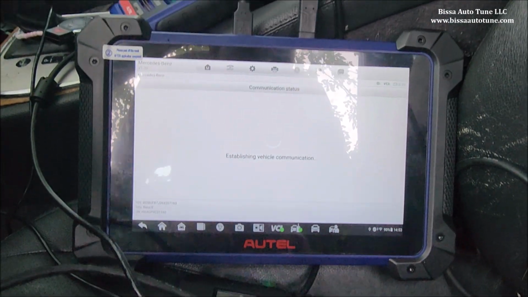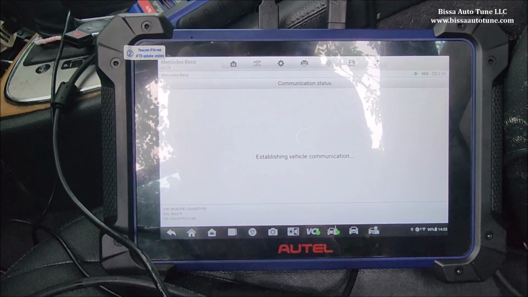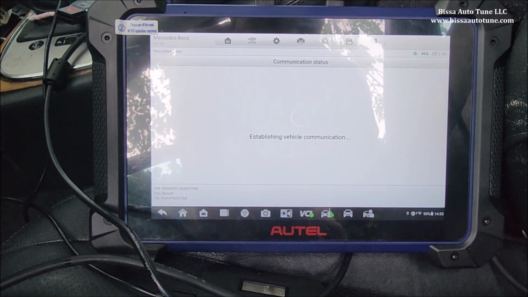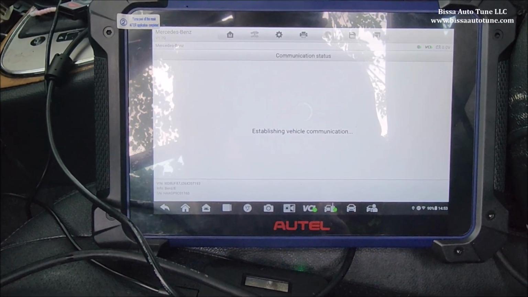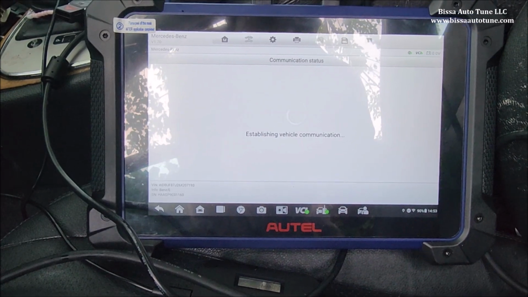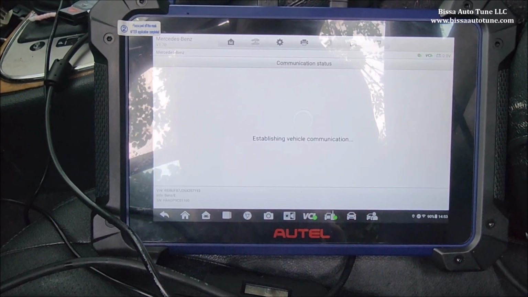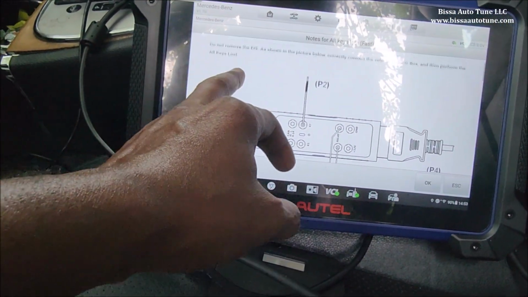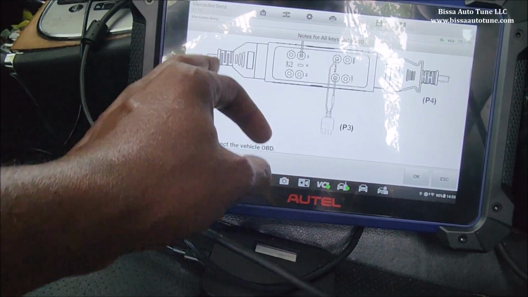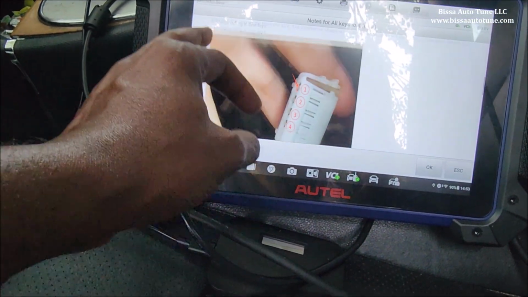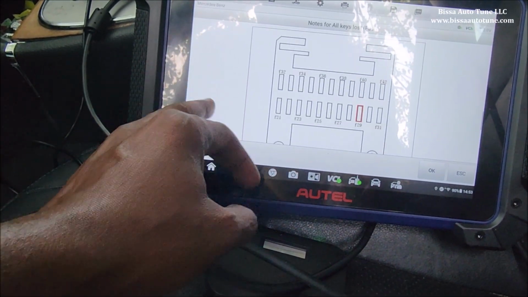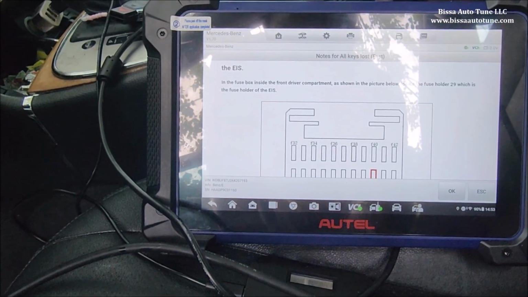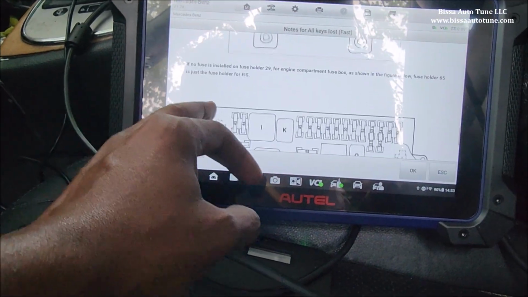We are using the G-Box for this operation. We're waiting for the tool to establish communication with the vehicle, and we will then proceed with the next stage. Here we are. It shows us the diagram of how to go about the connections. We attach it to the cable connecting to the steering lock, and we also have to take a fuse